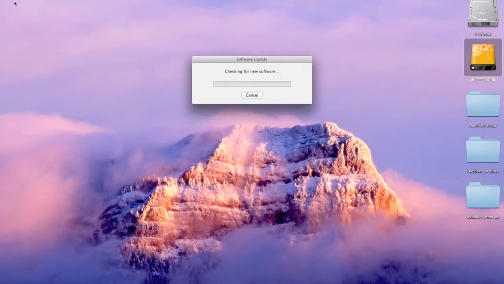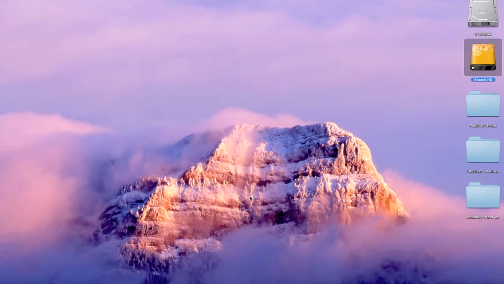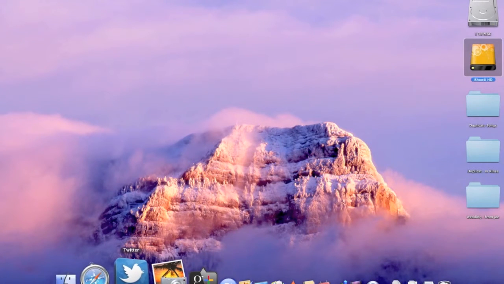What this does on your Mac, it's just going to check for any new software that you have available, whether it's iPhoto, whether it's GarageBand, whether it's iCloud. Once it's done, it allows you to download it and it's going to restart your computer. Once it's done, it's reset. What it's going to do is it's going to update your iPhoto and